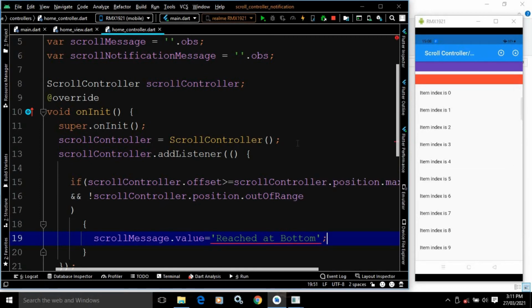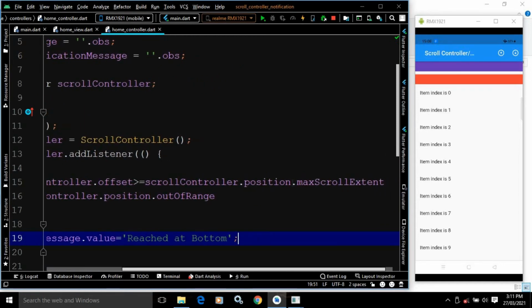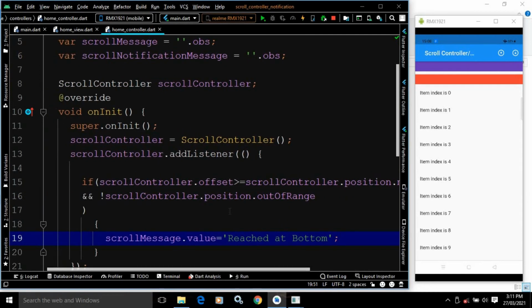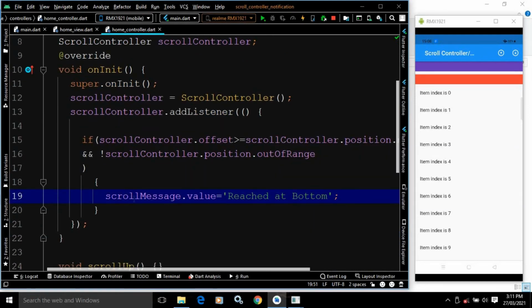Okay, so whenever we scroll in the list view and if it checks that the scroll controller dot offset is greater than equals to scroll controller dot position dot max scroll extent, and if the scroll controller position is not out of range, then the value of this scroll message will be reached at bottom, right?